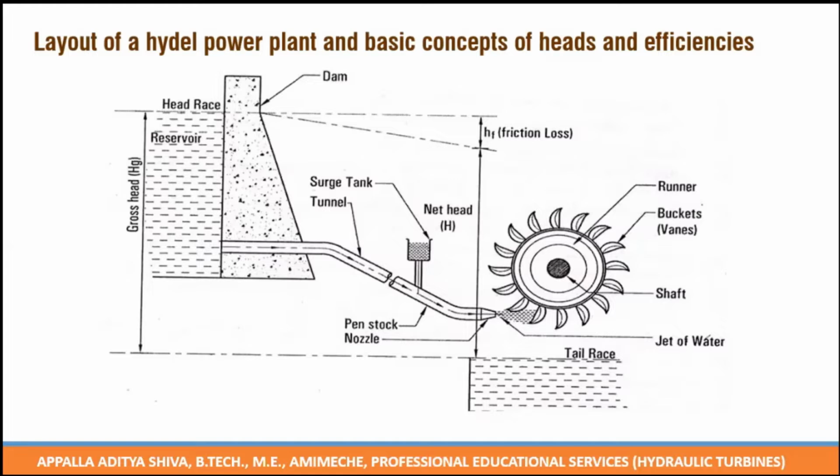If there is extremely high load, some of the water from the reservoir that is going to the turbine is siphoned off into the surge tank or forebay and again used up when the load has gone down. We can remember this as being similar to a riser in a casting. The riser has the same function as a surge tank. Now from the penstock, it moves to the nozzle where high velocity jets of water are impinged upon the runner blades.